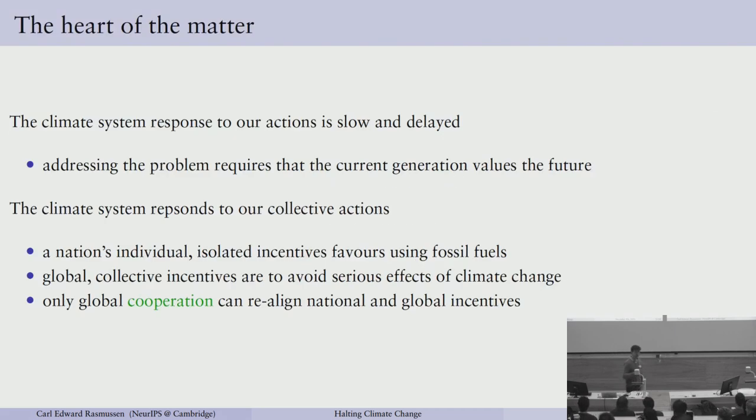Before we start, I'll just try and outline what I think are two very important properties of the climate system. One of them is that the response of the climate system is slow and delayed. The reason for that is, first of all, that the temperature of the system is determined by the cumulative emission of carbon dioxide, because carbon dioxide stays in the atmosphere. Most of the carbon dioxide that has been released since the start of the Industrial Revolution is still up there. And secondly, the climate system also has inertia, so it takes a long time for the oceans to warm up and for the ice to